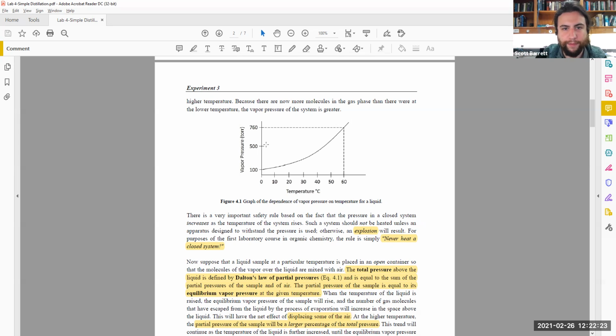So you would see here at 500 it'd be somewhere in between 40 and 50, we'll call it 45 degrees Celsius or so. And then as you see, as we reduce the vapor pressure down, it actually reduces the boiling point lower and lower. So what happens is if you have a very strong pump on a round bottom flask, you can reduce the pressure so low that it actually ends up boiling your solution or your volatile liquid, even